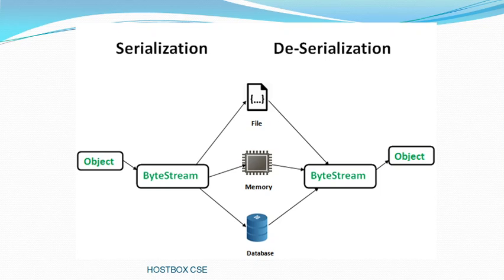There is a small diagram given. The object in Java programming is converted to a byte stream, which may be a file, and at last the object is converted back to its original form. The data will be in a file, in memory, as well as in a database. With deserialization it is the opposite: the byte stream, in some format, finally comes back to the original format of the object.